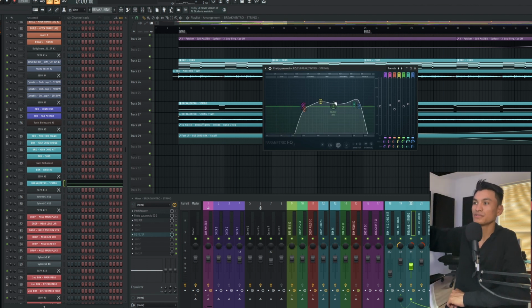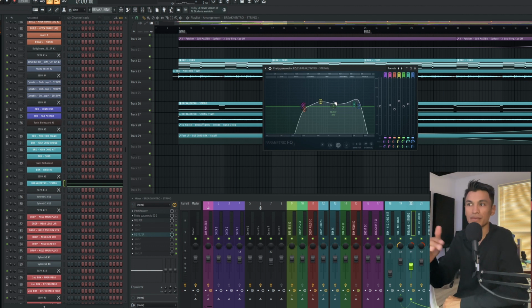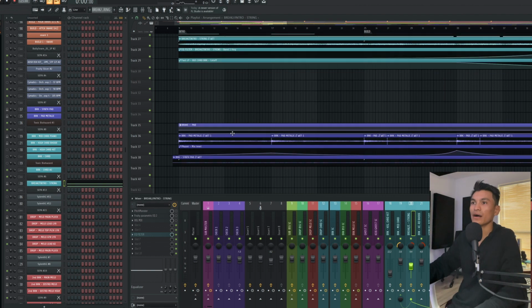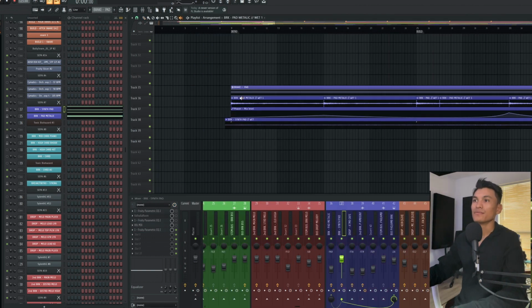So some of the frequencies that are playing on the string don't interfere too much with the piano sound, even though they are panning left and right, just to gain that extra clarity in the mix. I had this pad. So for the first one,